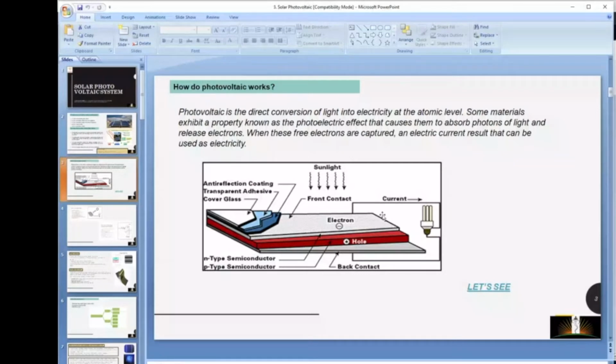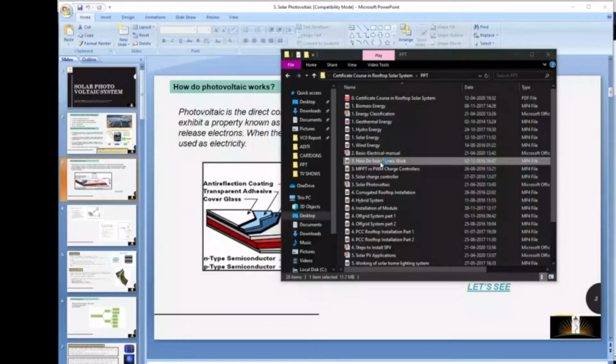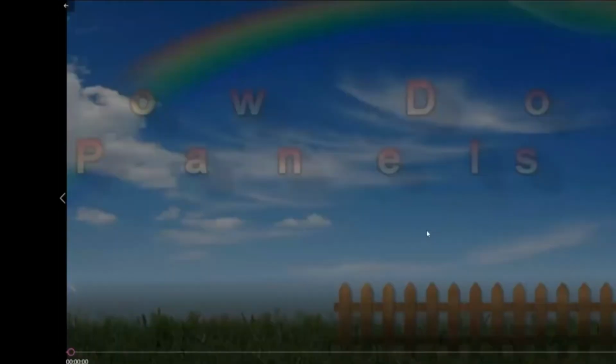Next, how a photovoltaic system works. Everyone knows it's basically a PN junction, so I'm not going to waste time here. We basically use a semiconductor or PN junction device to convert the photon energy of the sun to electricity, to generate electricity by using the valence shell. We are just going to see a video which is going to explain the same, but we are not going to discuss it much more. Just hold on, I am opening the video. Just for a brief, how a solar panel works.